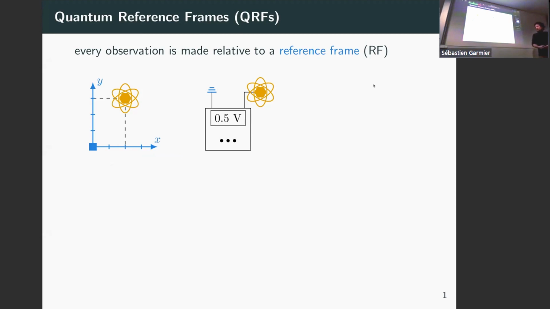They are everywhere, and when you use them in practice, then you have to implement them. So reference frames are very physical things. They are required to be implemented in the lab. But in theories, we often abstract them away and describe them, for instance, using the ideal notion of a coordinate system, because we don't always want to explicitly describe the system that the reference frame is built from.